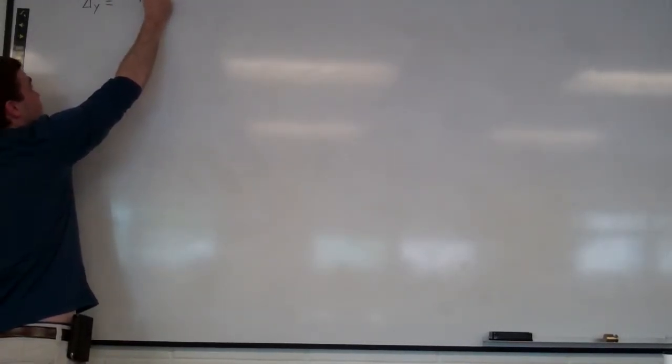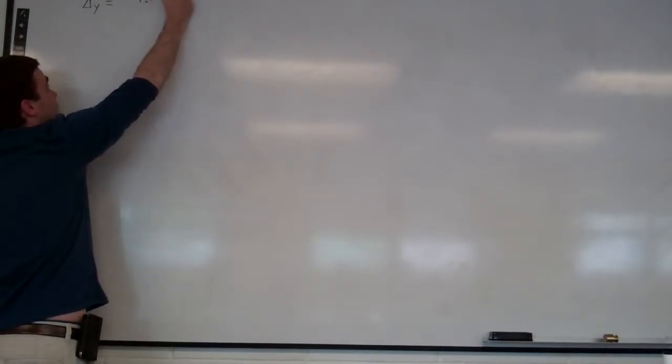Negative 9.59 meters. That's negative because it ends up lower than where it started. Now remember, we do not have to incorporate the up part. That'll be done for us when we solve for it. As long as we keep our signs correct, we're going to get an upward initial velocity, so we'll get a positive sign for that, and that takes into account the up and the down part. Does that make sense? We don't need to break it down into steps. You can if you want, but you don't need to.